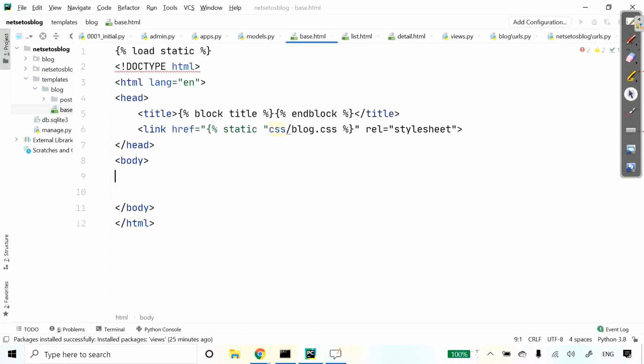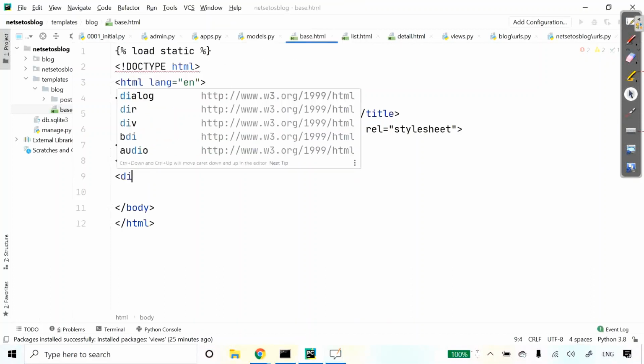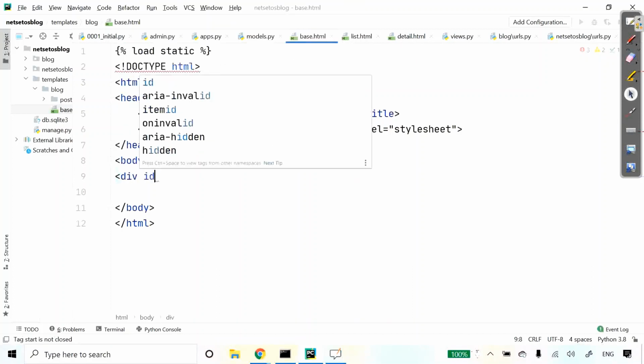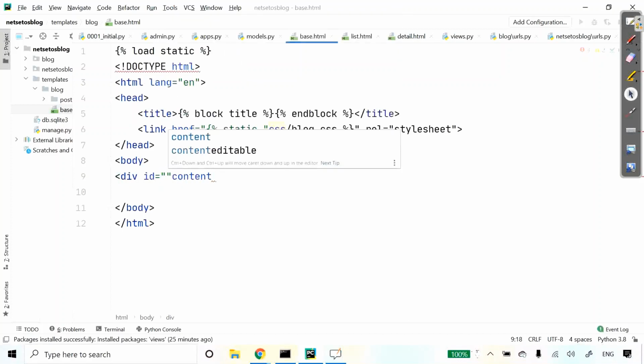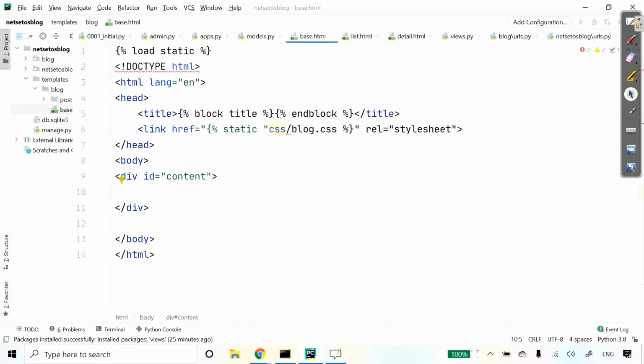Then in body I'll add some more lines. It will contain a block content and endblock.